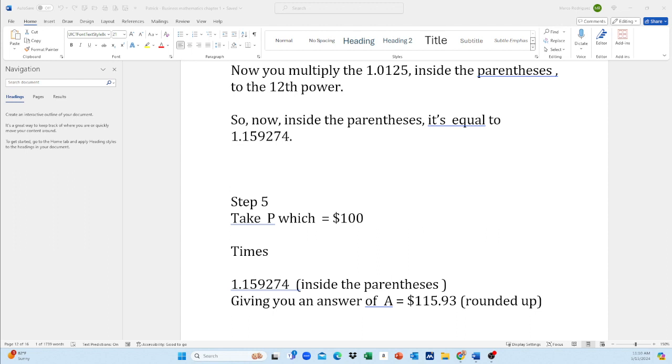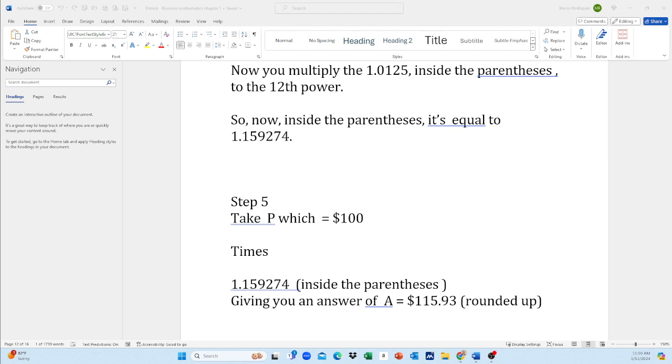So now, inside the parentheses, it's equal to 1.159274. Step 5. Take P, which equals $100, times 1.159274 inside the parentheses, giving you an answer of A equals